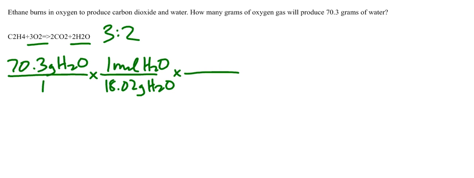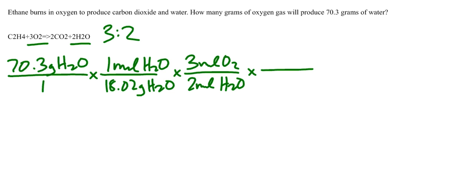Right, and then I use the molar ratio of 2 moles of water for every 3 moles of O2. Right, and then I've got to get to mass of O2. 1 mole of O2 is 16.00 times 3, which would be 32.00 grams of O2. Okay, looking at that, I'm going to end up with